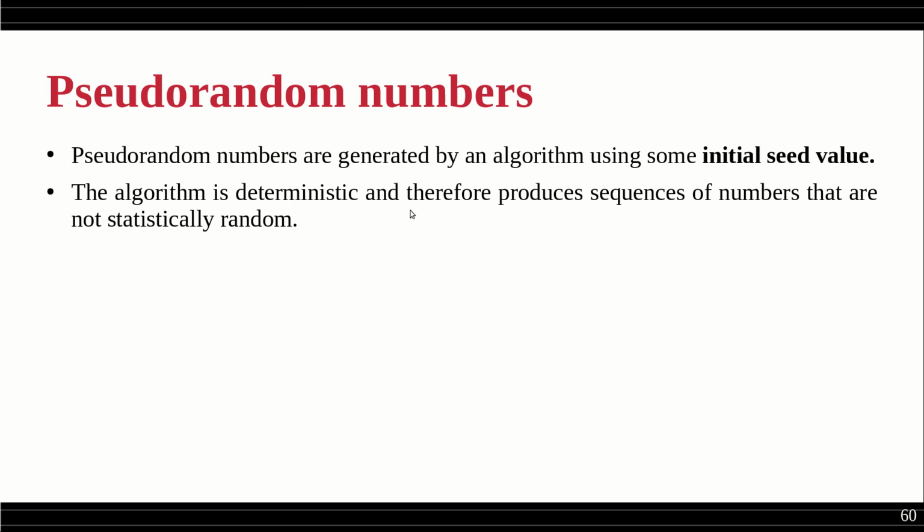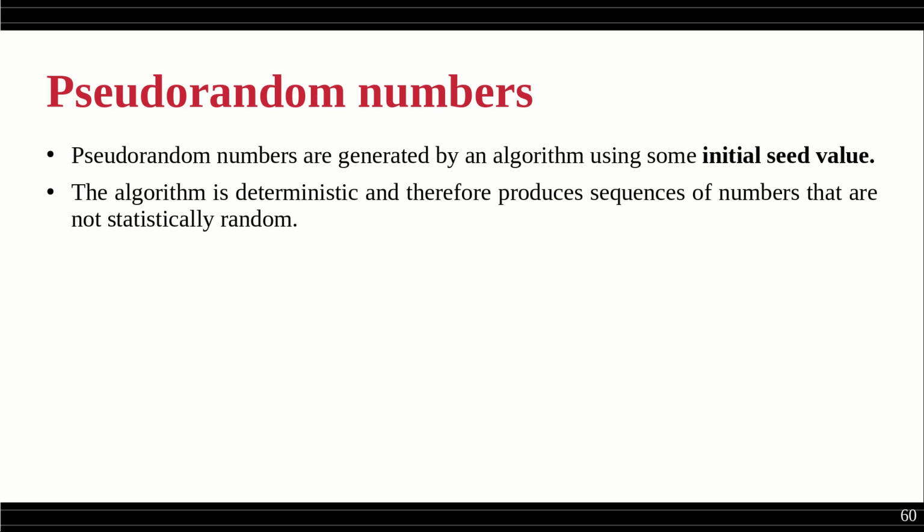That means with that initial seed value and some knowledge about the way in which the algorithm is working, someone can predict it. But in most cases, this initial seed value and the algorithm procedure will be hidden from others, right? Only the sender and receiver will know. As long as such confidentiality is maintained, this works fine. A third party who is observing the communication will feel these numbers are just generated randomly and there is no relation. I can't predict the next one.